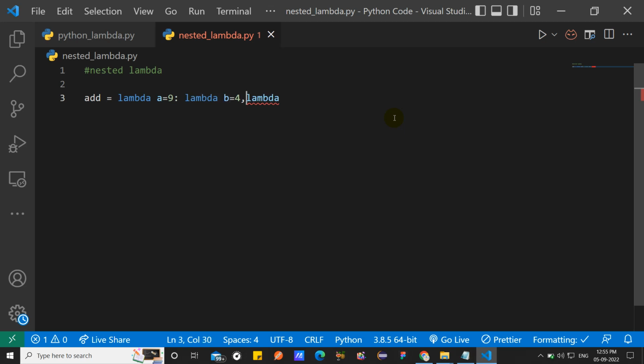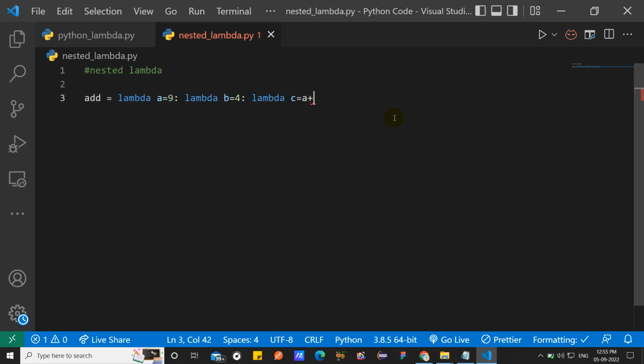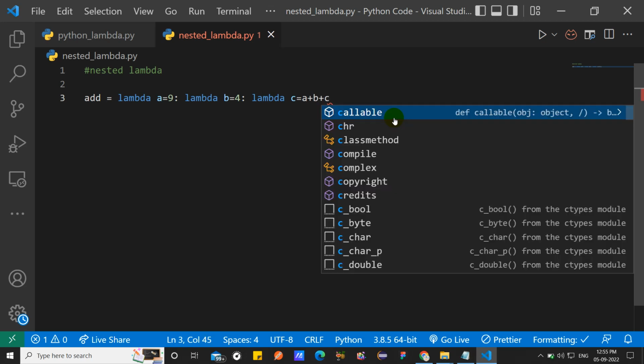That means it is going to be written as a lambda equal to lambda a equal to 9, colon lambda b equal to 4, then colon lambda c equal to a plus b plus c